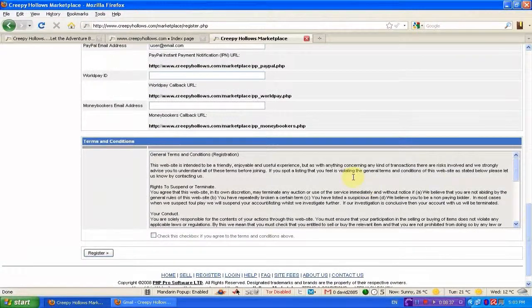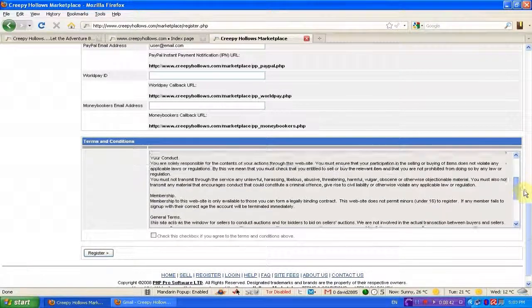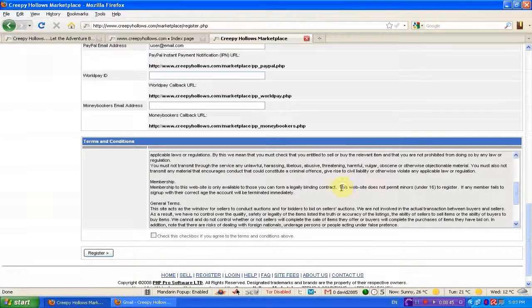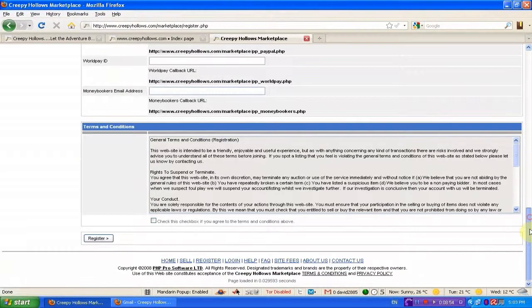Next you have the terms and conditions. Read this through at least once, make sure you understand everything, and remember that this website does not permit minors under 16 to register. So if you're under 16, I'm afraid you're not going to be able to register for the marketplace. If you understand all the terms and conditions, you tick this box that says I agree to the terms and conditions above. Then you click on register, and once you do that, what happens is you'll have to